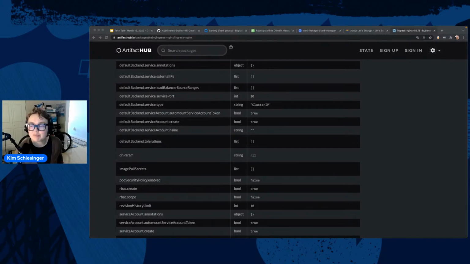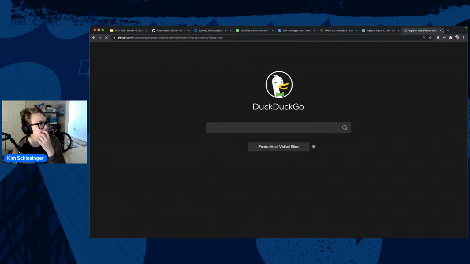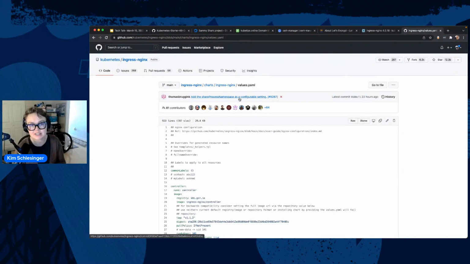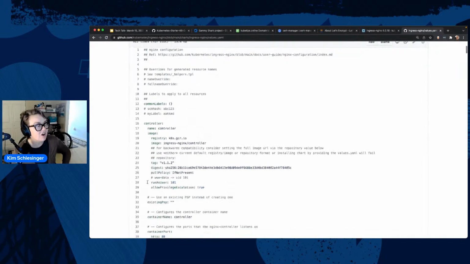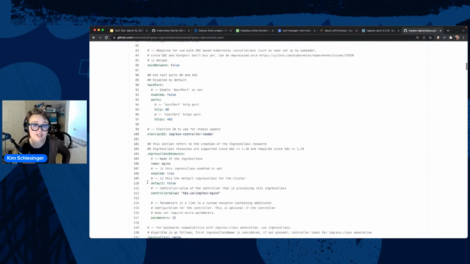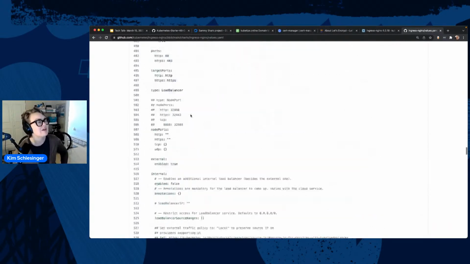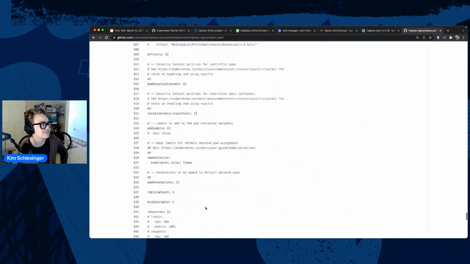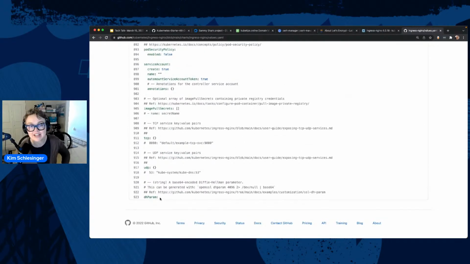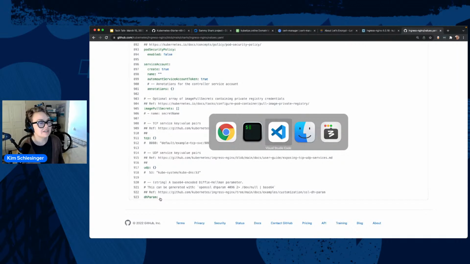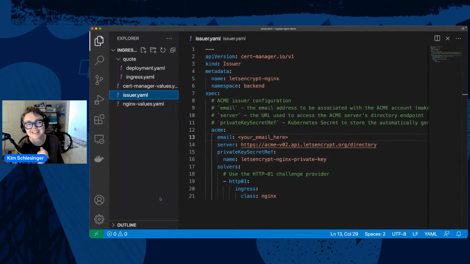I want to show you the big values file that has all of the different options listed. So this is the Ingress NGINX GitHub repo, and we'll bump this up a little bit. But these are all of the different possibilities for how you can configure your Ingress, your Nginx instance. And if we just scroll down to the bottom, there's just a lot of lines. That's all I want you to see: this particular file is 923 lines. So there are a lot of options, and that can be really overwhelming. We're not going to do all that. I have something that has way fewer lines than that set up to go.